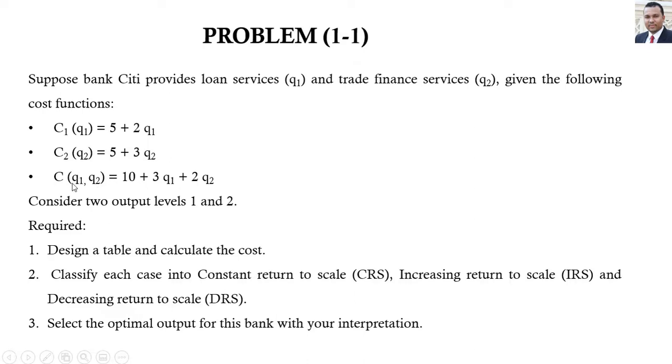C(Q1, Q2), in this case we talk about joint production, so 10 fixed costs, 3Q1 variable cost per unit of Q1, and 2Q2 variable cost per unit of Q2. Consider two output levels, one